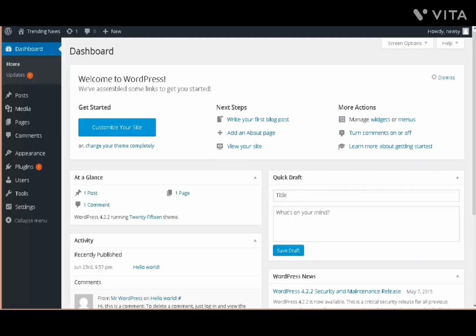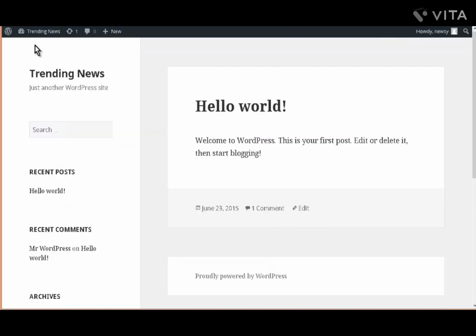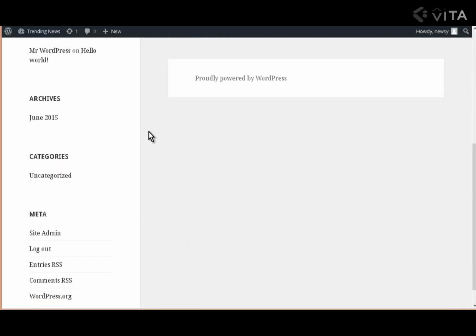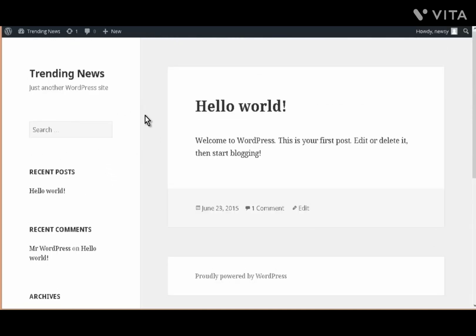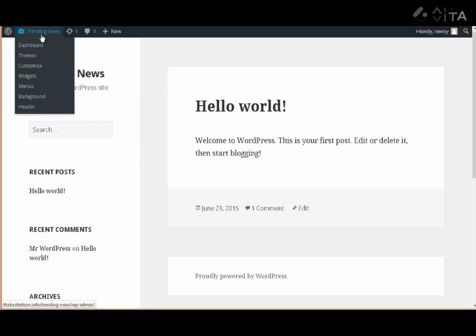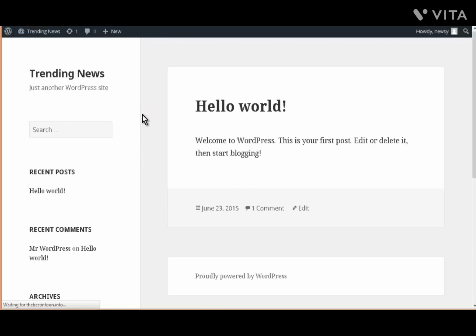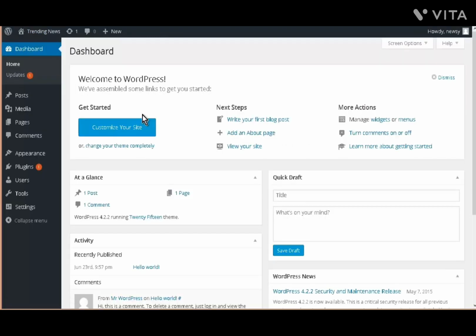Now that we've installed WordPress, what we need to do is do our initial setup of our site. So if we were to look at this right now, go to Visit Site, this is what it looks like. So we're going to want to improve the design a bit, and then of course we need to get things looking the way we want as far as stuff on the left sidebar here. Now you're free to use any WordPress theme that you want, but I'm just going to go with the default